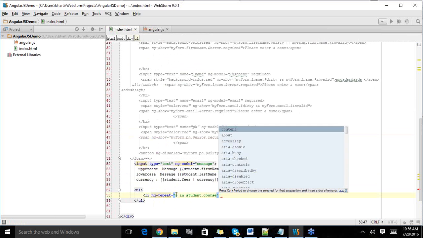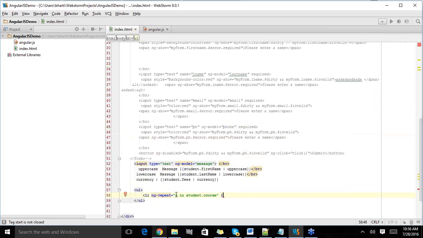Now on this, I want to apply a filter. Filter will allow us to retrieve our things based upon one particular criteria. I want to apply the filter on a subject name. I want to retrieve information only based upon the name of the subject that I have. So I want to create filtration based upon the name of the subject. I can say filter colon,